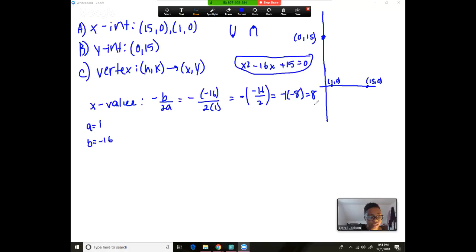Put that here. So how do we find the y value? Well, we take our x value and plug it into the equation to give our y value. Instead of having say equal to 0, I'm going to have it say equal to y value. Y value is going to be, instead of x squared